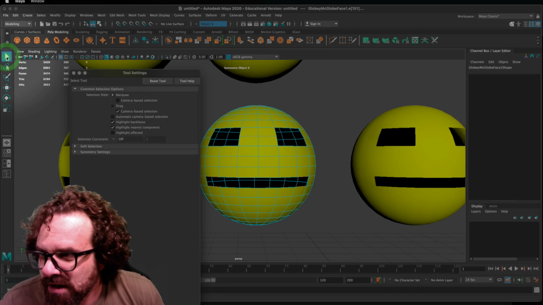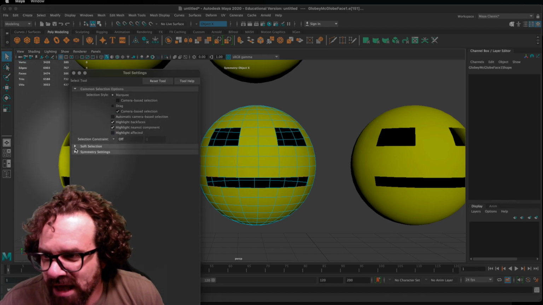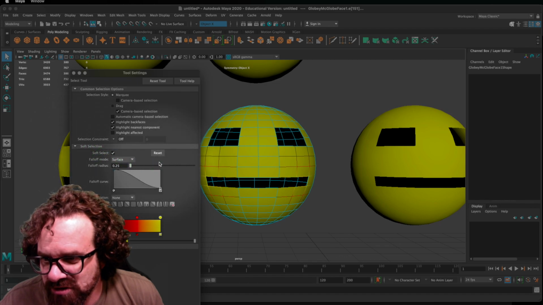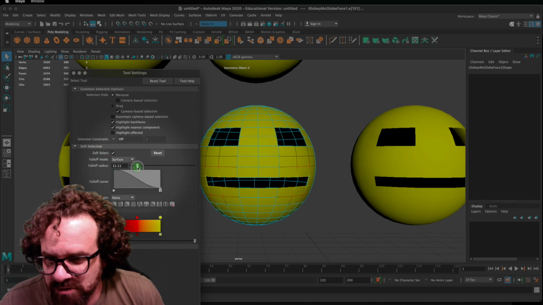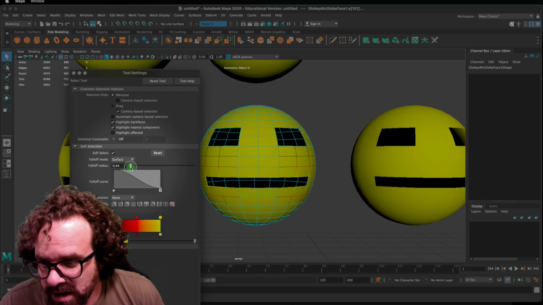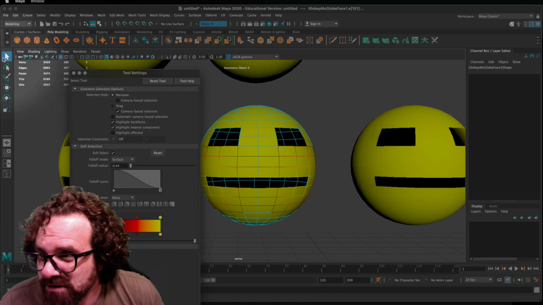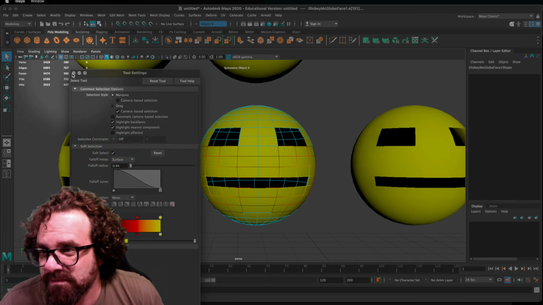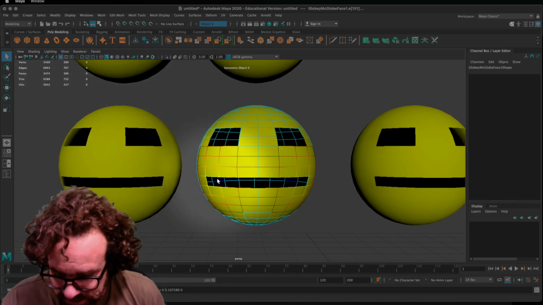So if I double click on my arrow here, something that's going to help me is soft selection, and I'm going to turn on soft select, and it usually starts you off at like 5, which is way too much. You want to keep it like under 1 for most of these projects. I'm going to start at 4, sure. Once again, you double click on your arrow, and you open up soft selection here, and you check it off. And what that does is it allows me to